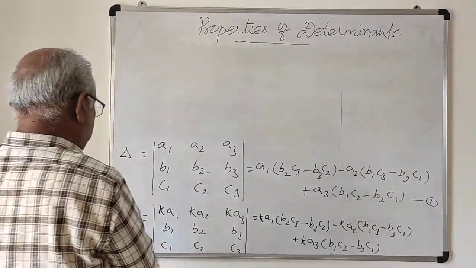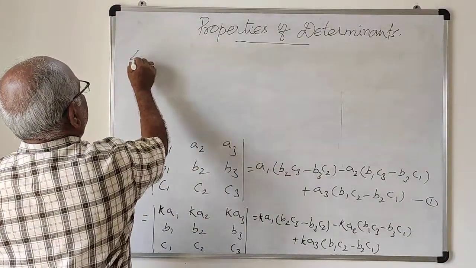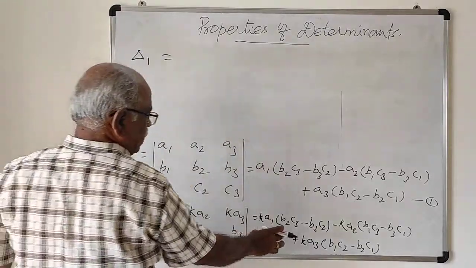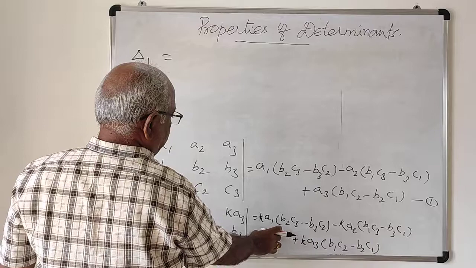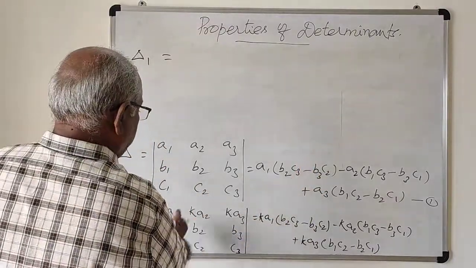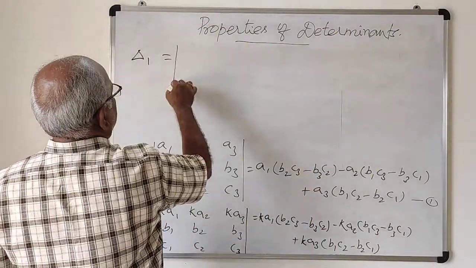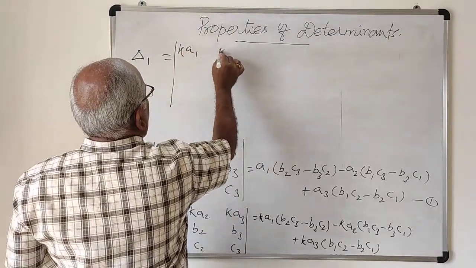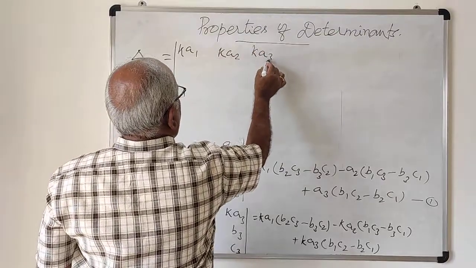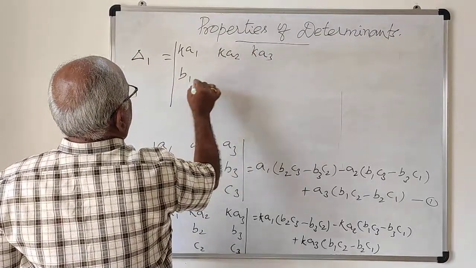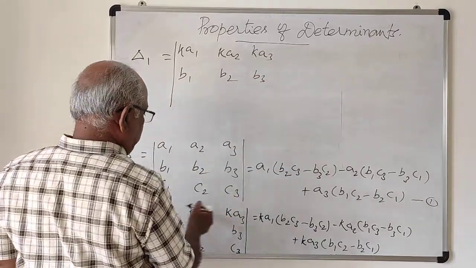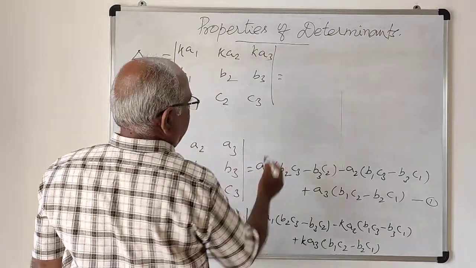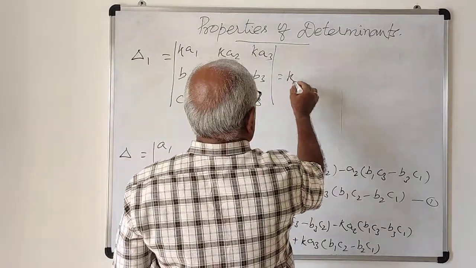Left hand side is the determinant delta 1. I am taking the value, the determinant delta 1 is this: Ka1, Ka2, Ka3, B1, B2, B3, C1, C2, C3. If I take that common K outside, I get K into